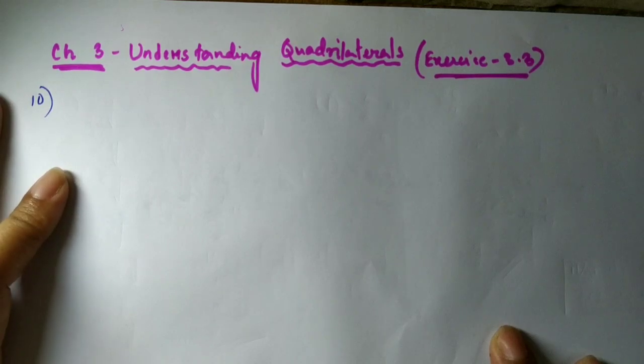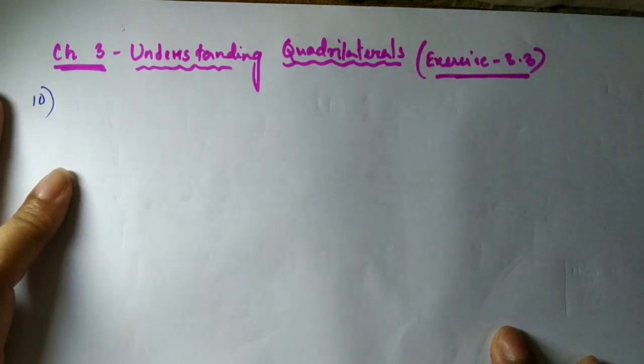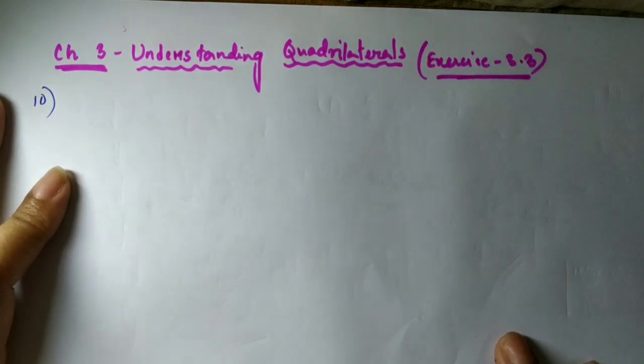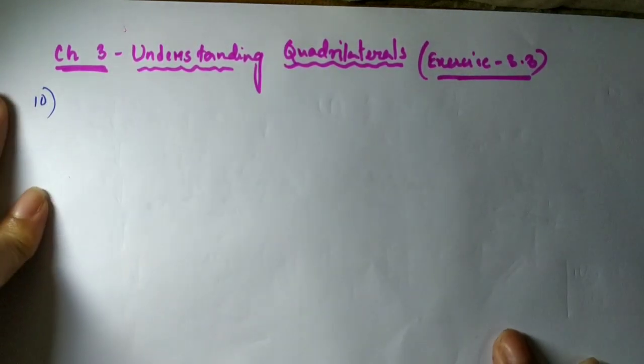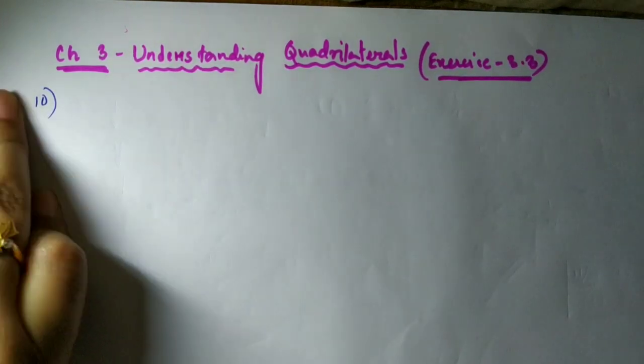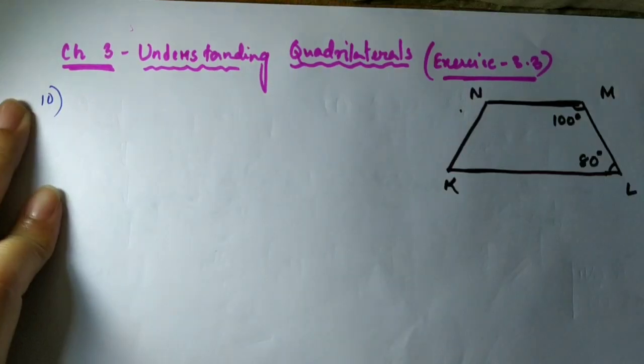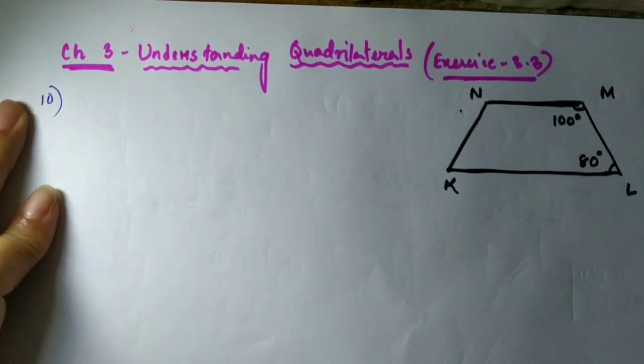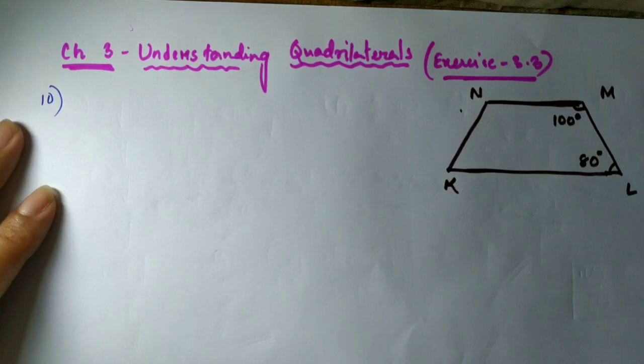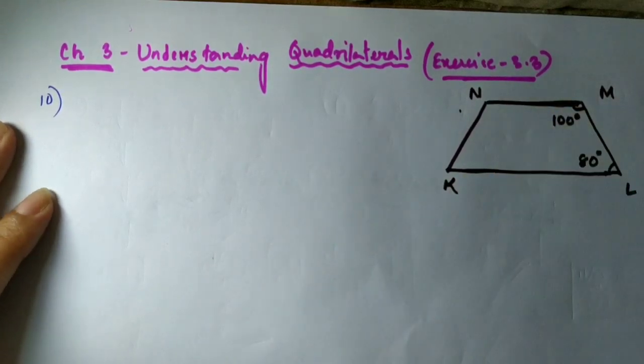If you can see in the question, within the bracket it's given figure 3.32, and a diagram which is numbered as figure 3.32 is drawn. It's a trapezium. So let me draw the diagram for you first. Please students, all of you please draw the diagram with pencil and scale. Now you can see this is your given diagram KLMN. Now this is a trapezium.